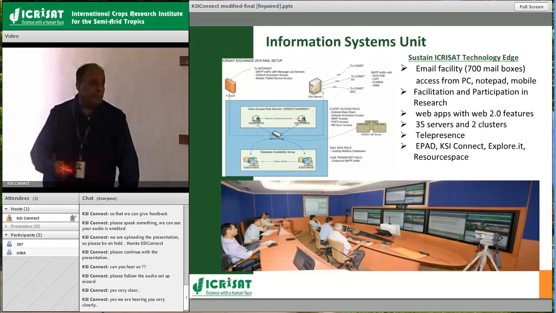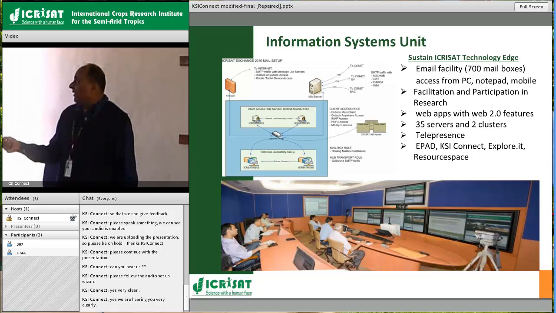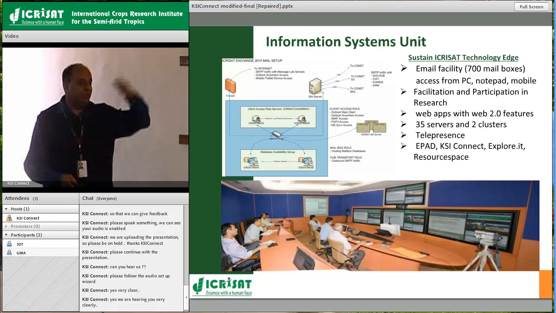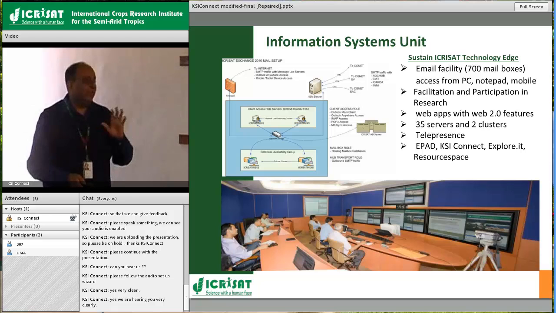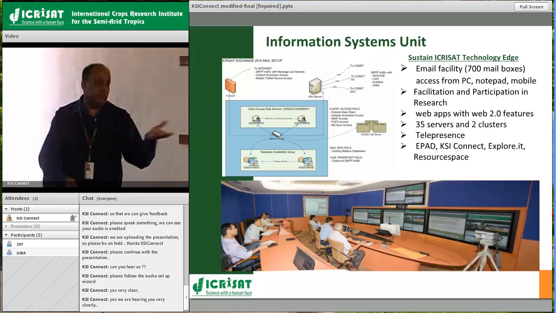We have a very good email facility. This email facility is so good, anywhere in the world people can access it, from any handheld device. It could be Android, mobile, tablet, iPhone, iPad or anything. So it works seamlessly, and our email facility is integrated across all the CG centers. There are approximately 40-50,000 users using a single email setup and facility, which is spread across all the CG centers and even some partner organizations.